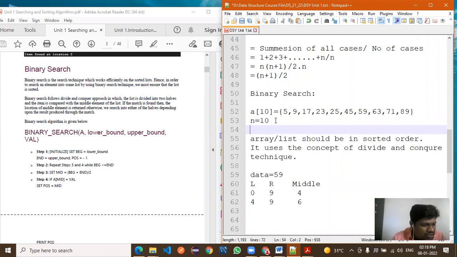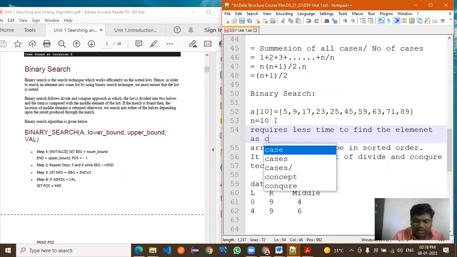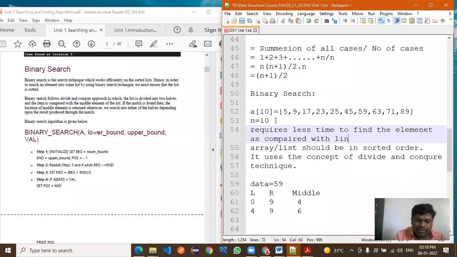So binary search requires less time to find the element, or to search the element, as compared with linear search.